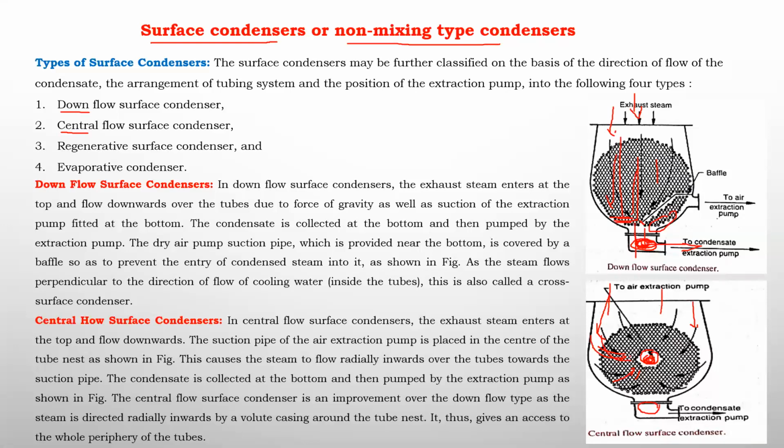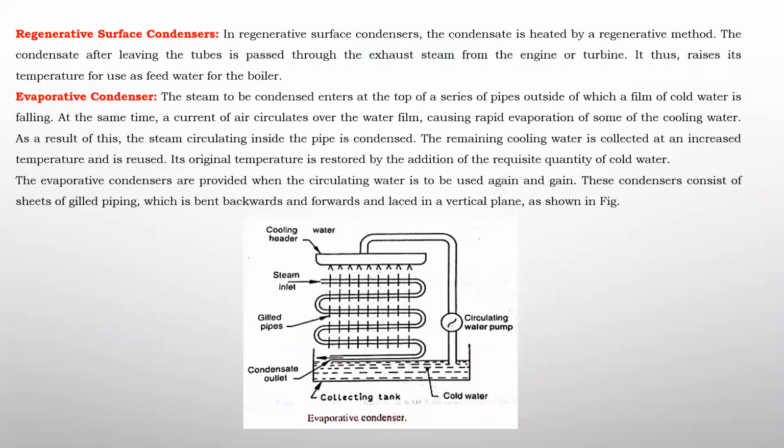Once the steam goes over the pipes, the cooled steam forms into liquid. All the liquid falls downward because of higher density, because water has a density of 1,000, whereas air has only 1. The condensate will be collected at the bottom. This condensate will be sent back to where? The boiler. And the regenerative surface condenser is normally a heat exchanger type.